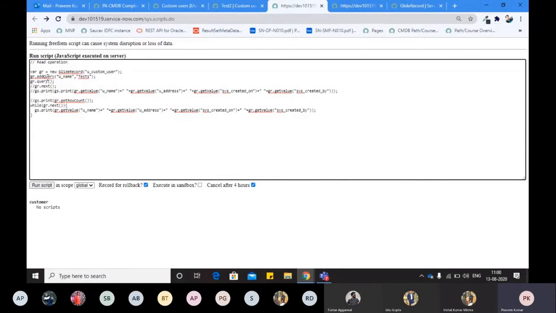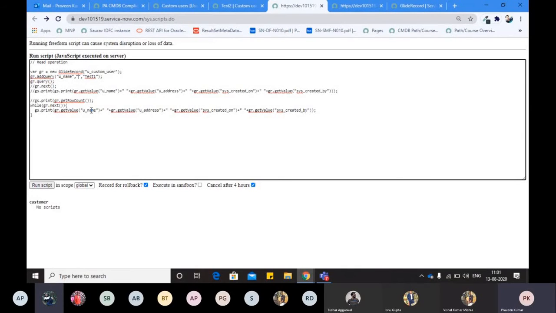Now this add query function has one more parameter, you can see over the doc side. So that parameter is, for example, uname equals to. It is used for these kinds of operators. Uname is not equals to, right? Or uname is smaller than, greater than. So such kind of parameters you can use with the add query, right? Please use such things by yourself and experiment with them. Now I am moving forward with one more important method which is called add encoded query.